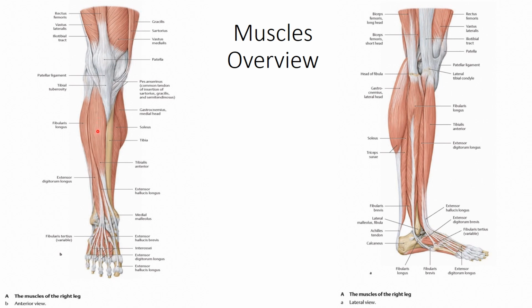just lateral to the shin of the tibia is the tibialis anterior, then palpable is the extensor digitorum longus, and between these two is the deeply seated extensor hallucis longus. And in the lower portion, as a part of the extensor digitorum longus, sometimes is seen the peroneus or fibularis tertius. So these are the muscles we will discuss.